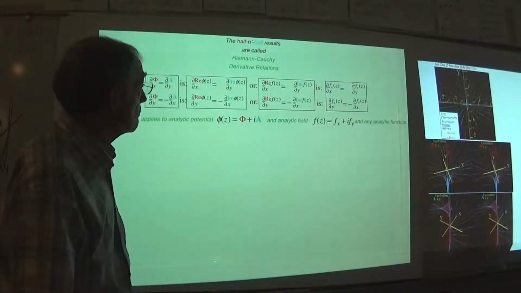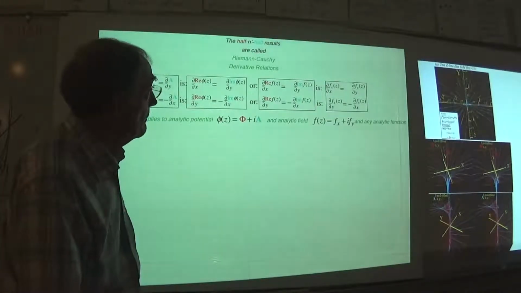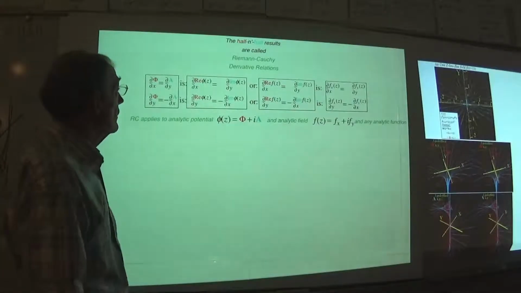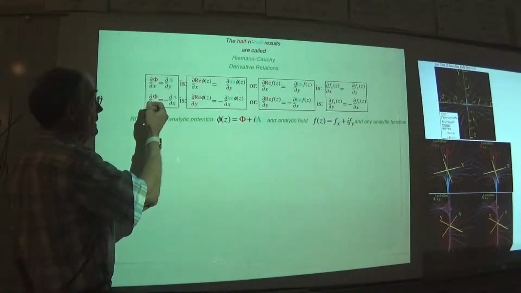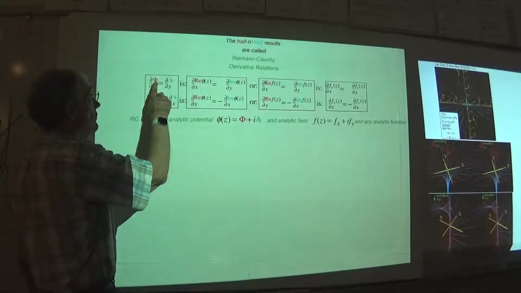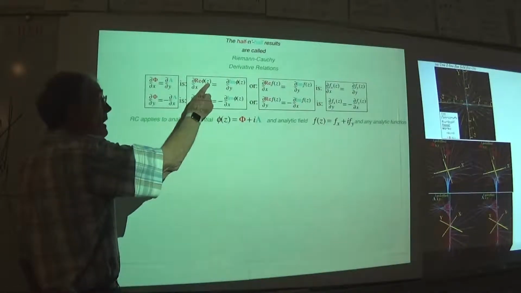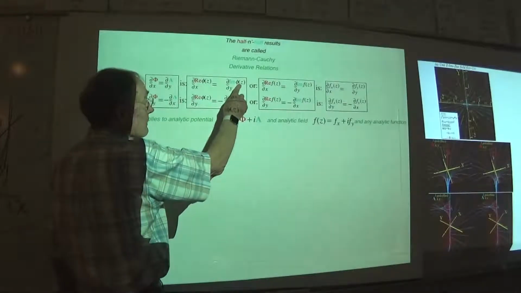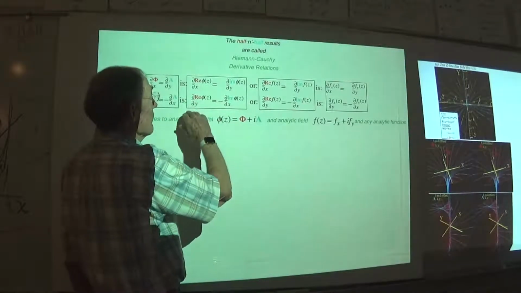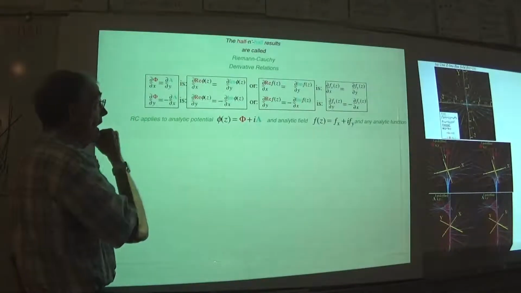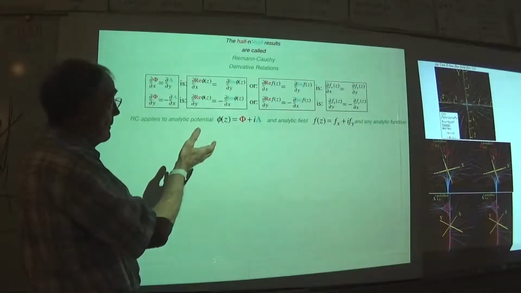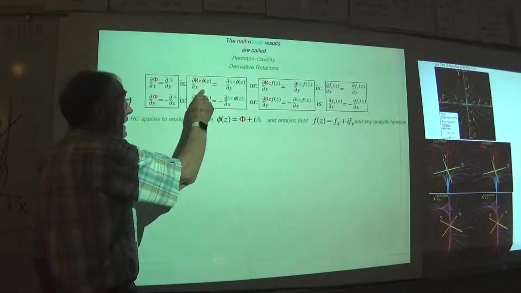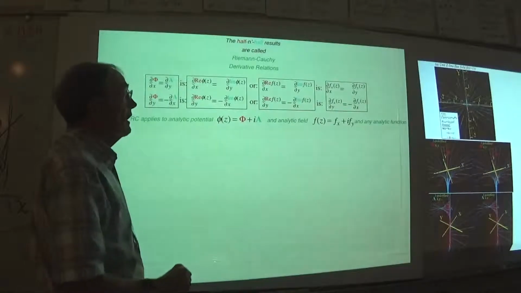This is just the Riemann-Cauchy relations once again, here talking about the scalar potential, or the real part of a complex potential, and then the vector potential, or the imaginary part of a complex potential, and writing their partial derivatives out to compare them. And the idea of an analytic function is it satisfies these